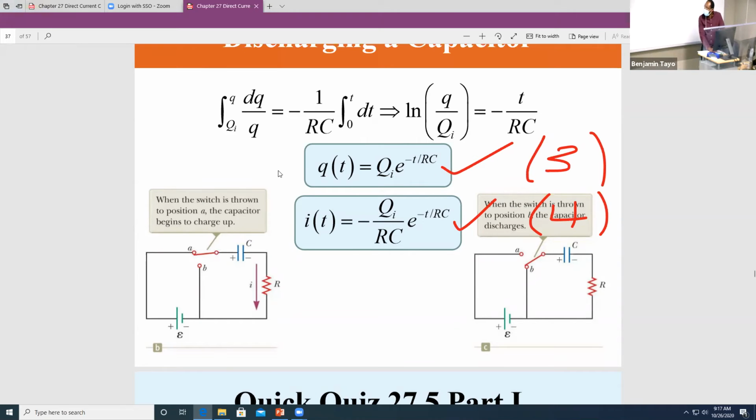So again, let me write these down, because I think those are the only 4 equations that you need to remember from this section. So equation number 3 and 4 is for discharge. So let's write it here, discharge. Again, I apologize for my writing here. So this is for discharge. And then let's write two equations for charging. So when you're charging,